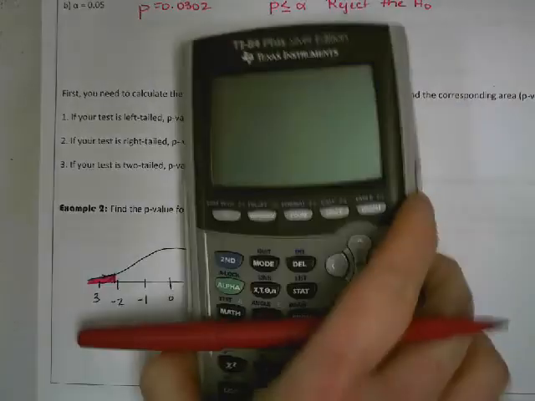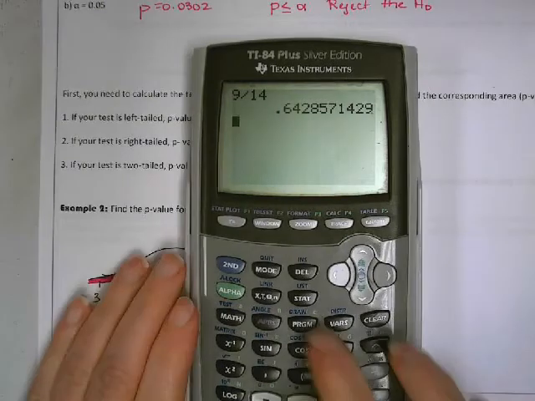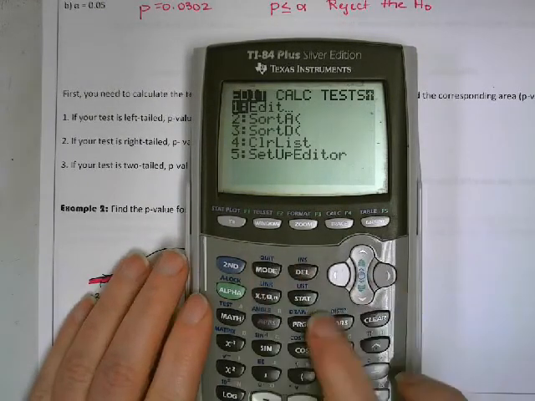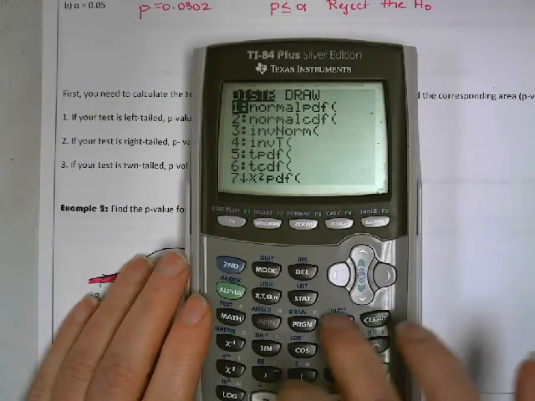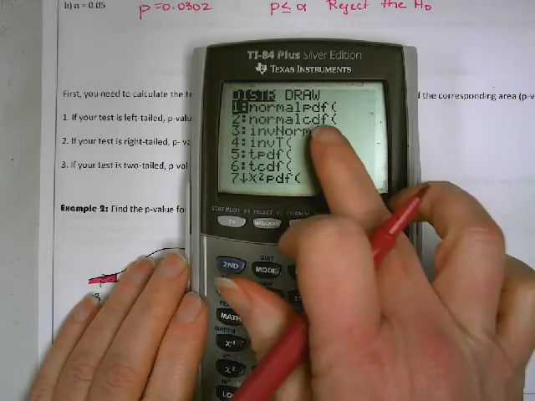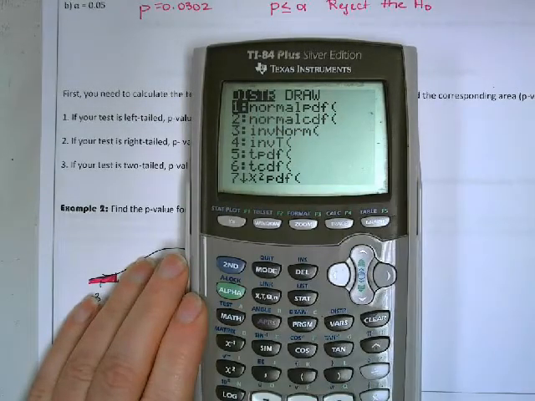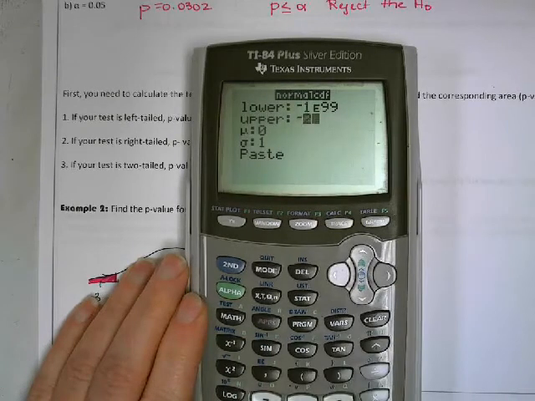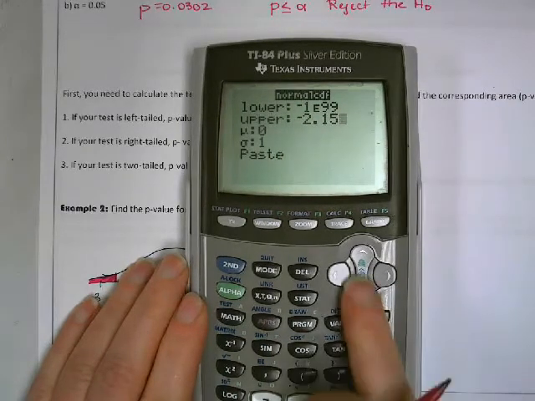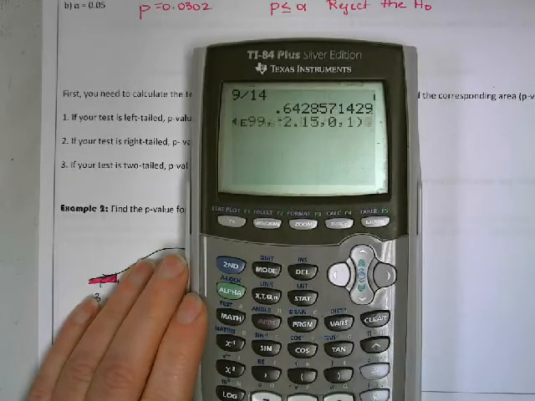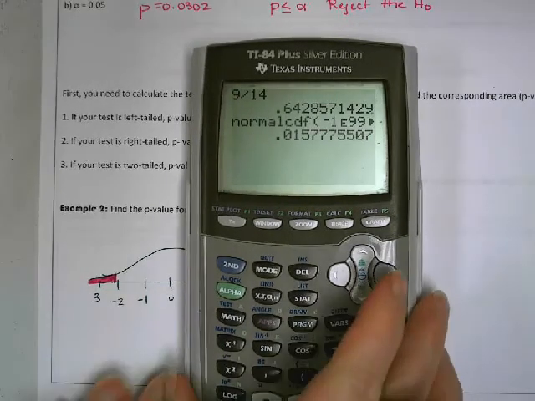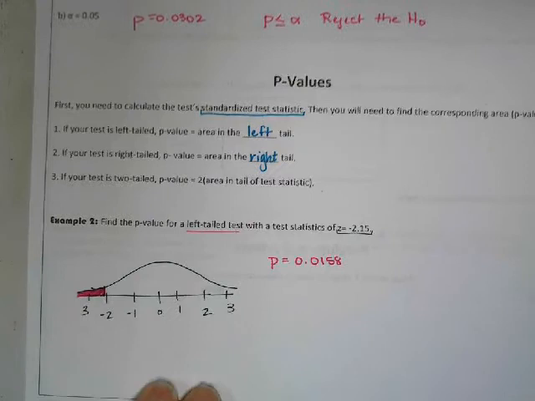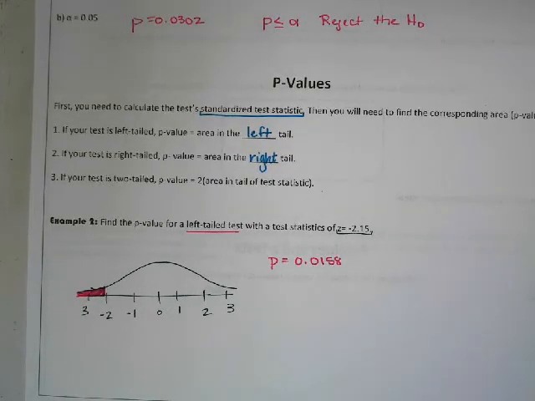Or you could use your calculator. And remember, this is a z-score, so we could do second, the distribution menu, and then normal CDF, because it's a normal curve, and I'm going to negative 2.15, and you should get the same thing, 0.015777, or 0.0158. Okay, so